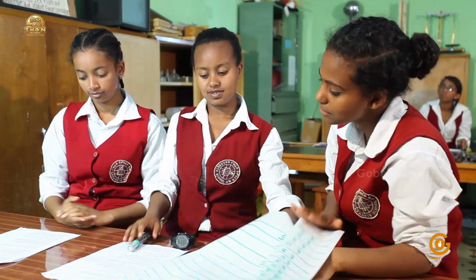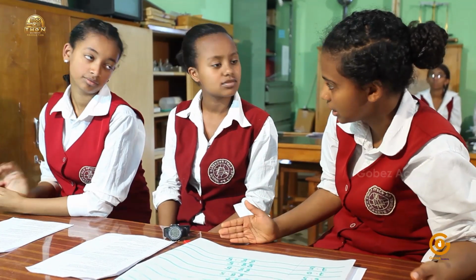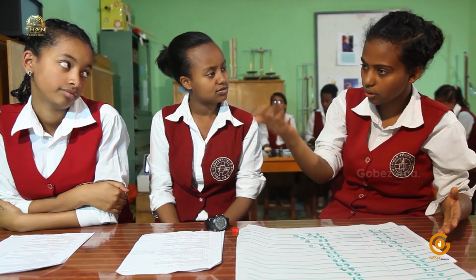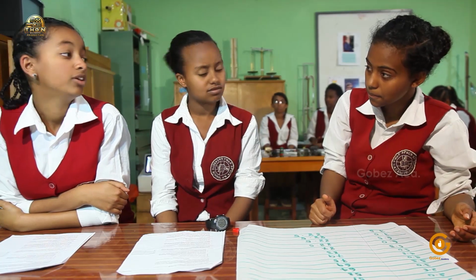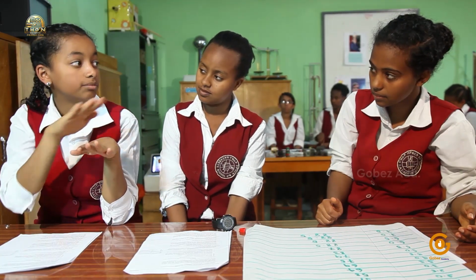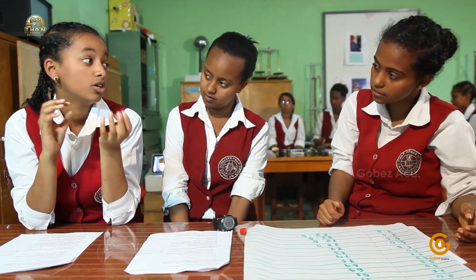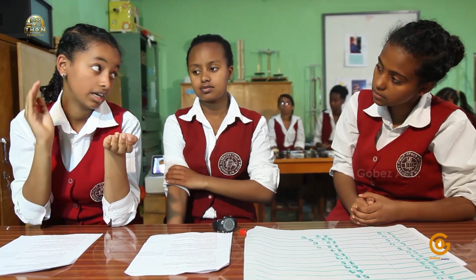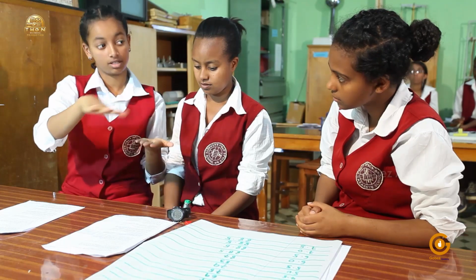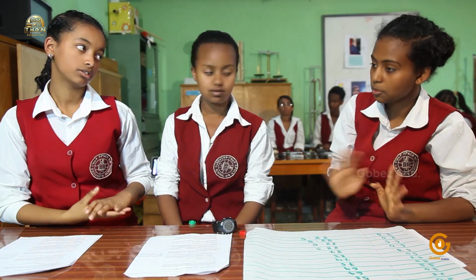Okay. But something is troubling me about our results. We have learned that water boils at 100 degrees centigrade. However, we got that the boiling point of water is 88.5. So does this mean that our thermometer is not working correctly? No. You know that water boils at 100 degrees centigrade only at sea level, right? Take Addis Ababa as an example. It is about 2,000 meters above sea level, and the atmospheric pressure is less than the atmospheric pressure at sea level. And therefore the water boils at a lower temperature. So our thermometer is working correctly?